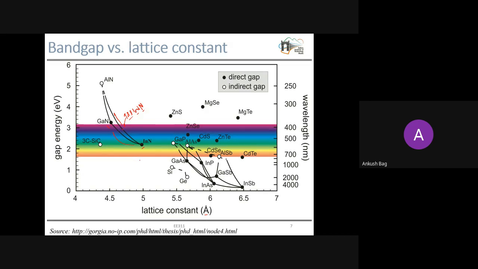The lattice constant is decreasing. If we keep on increasing aluminum and decrease indium, the lattice constant is decreasing, and our band gap is also increasing. What is the impact of this band gap? Now, you know the LED, light emitting diode, which is again a solid state device. Although these optoelectronics devices are not part of this E311, the fundamental operation is a PN junction diode, your LED.